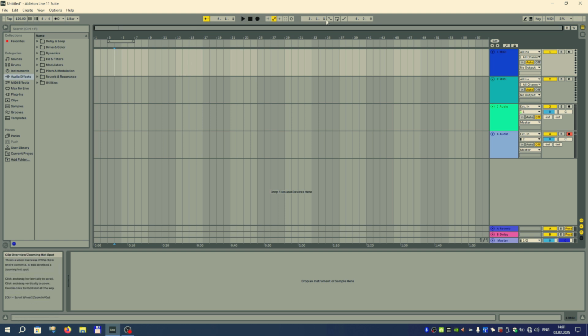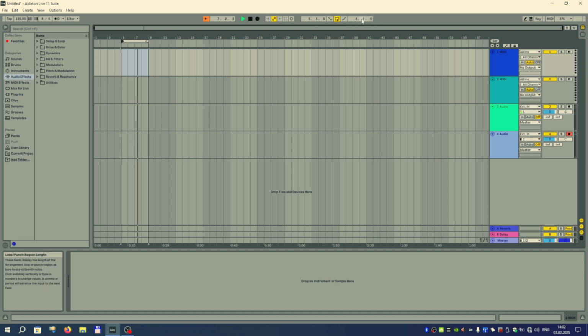Then there is a loop section with the loop switch button in the middle of it. You can see the loop region hovering over the main lane, but right now it is not active. It means that the arrangement will play through the loop region as if it is not there. But when you activate it, then the region becomes looped and will play until stopped. So you can change the loop region area by either dragging its edges left or right, or by manually changing values in the loop start and the loop length fields.